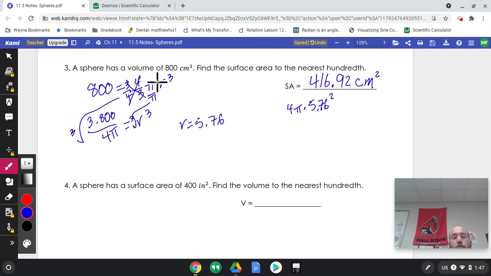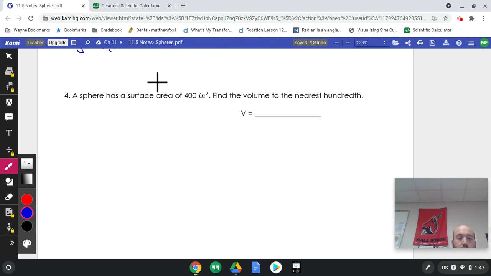Now, we have one more problem. The last one, same idea, except now we're trying to find what the radius is so we can find the volume. So they give us the surface area, which is 400. So that we know equals 4 pi r squared. Okay. So now